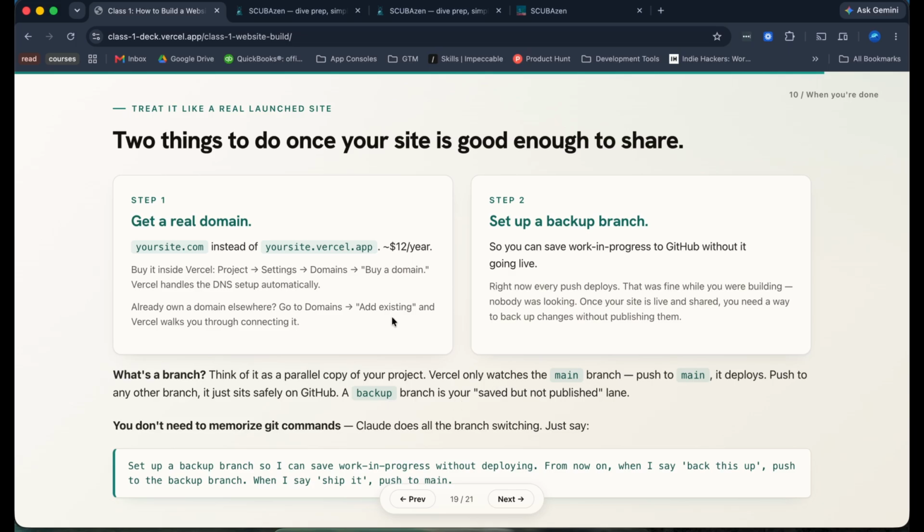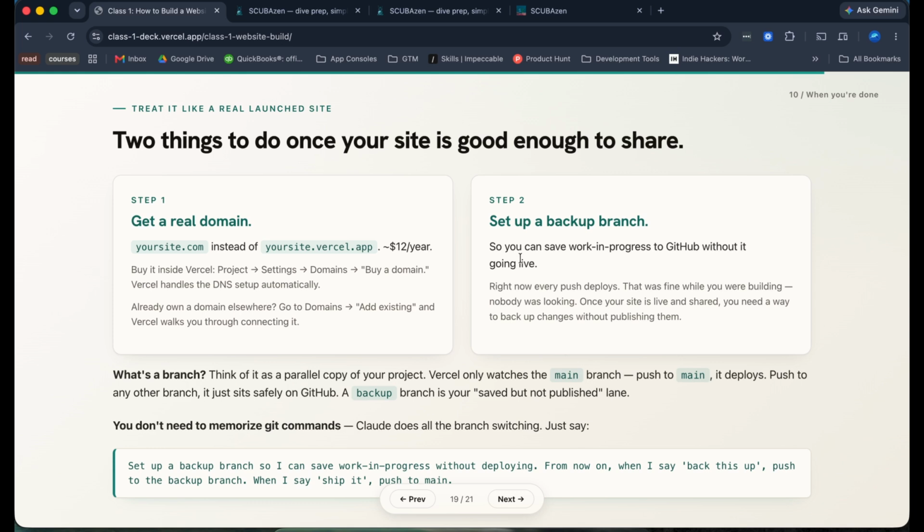Don't do it until you're done with all of the pages, because that's where the public will go when they go to your domain. And then lastly, once your site is live, the in progress and live switches a little bit. You can still do everything locally, but it doesn't necessarily back up if you don't push it to GitHub.